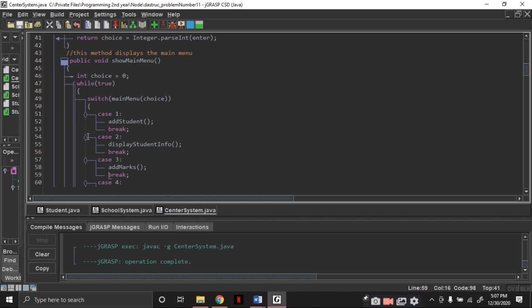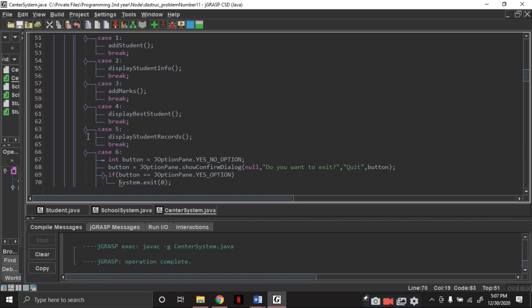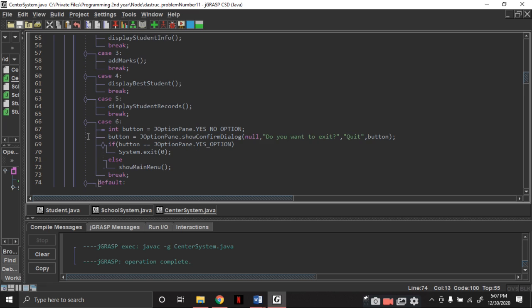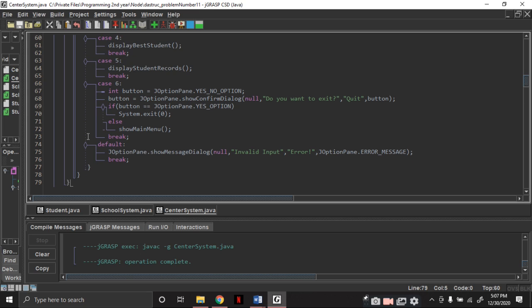And I used a while loop so that it will loop infinitely unless we use the system.exit method.